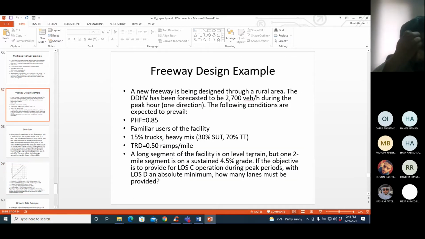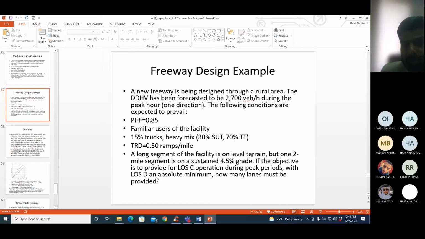Yeah, this one. So we just calculated the free flow speed for this example. So this is what we will do, and then we will do the remaining part of the example tomorrow, inshallah. So it's a new freeway now, a new freeway which is to be designed, and the design